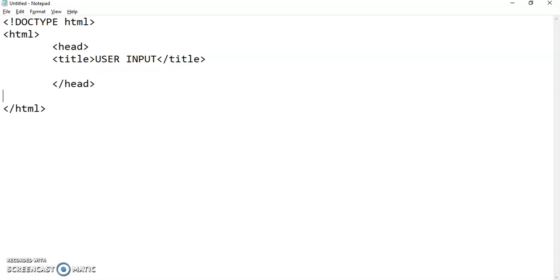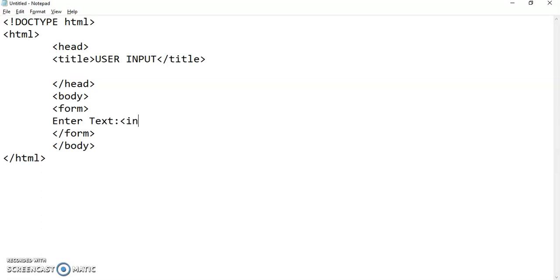And we'll create our form design first, and then we'll move on to the script part. So like I said, in the form I will be needing a text box. So I will simply write enter text, and I'll create a text box with the help of input type is equal to text and assign